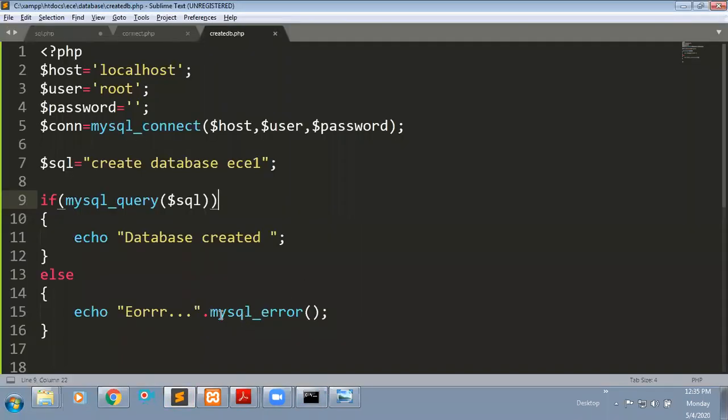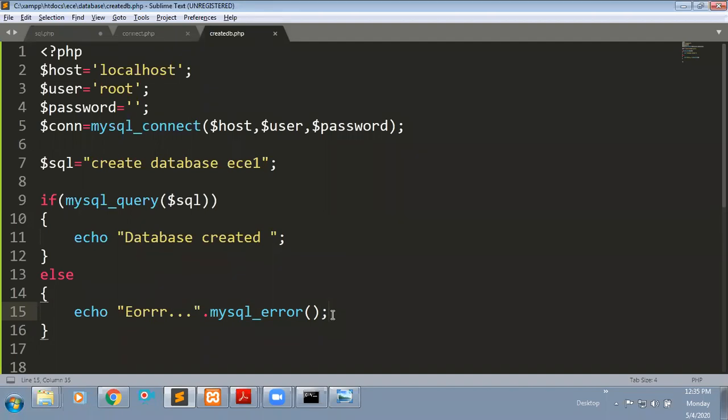You can see that error message by using that function: can't create database EC1, database exists, because the database already exists within the server. That's why it is giving an error. By using the mysql_error function, it is going to give the error while processing your query.